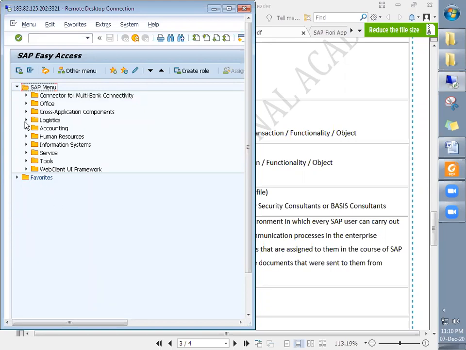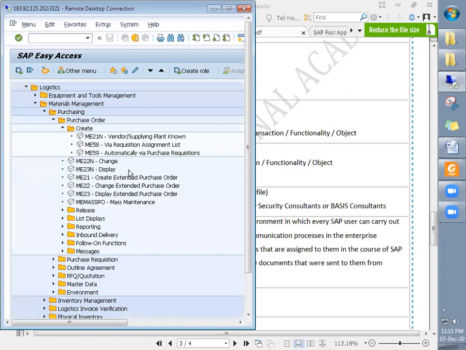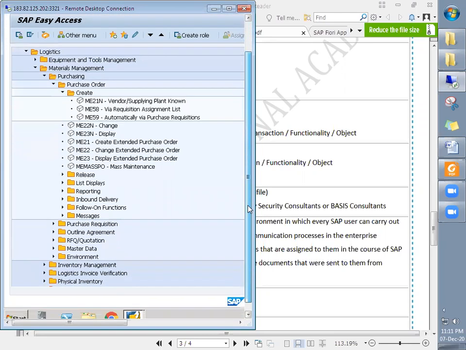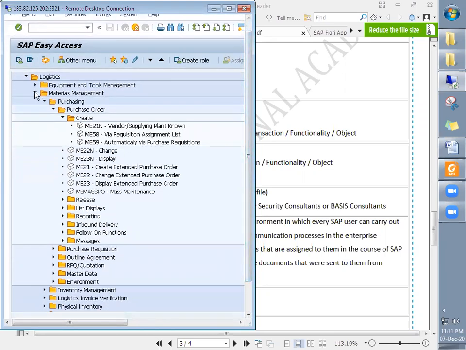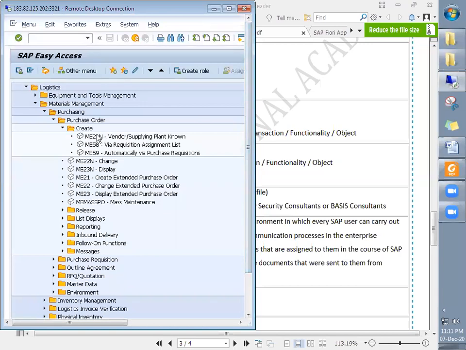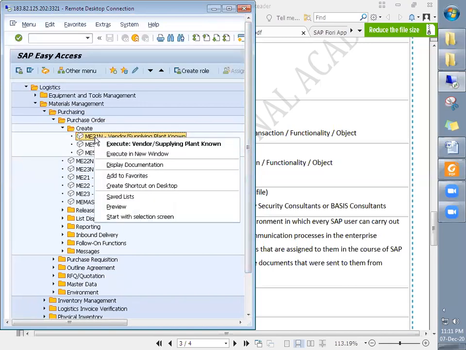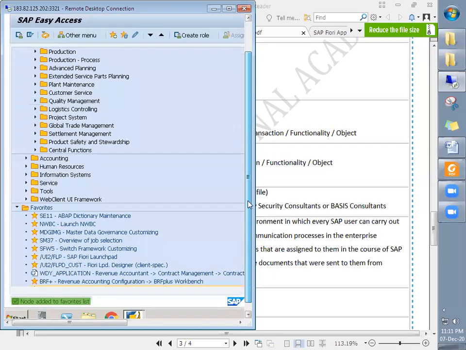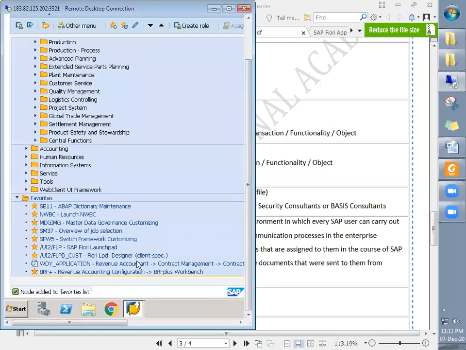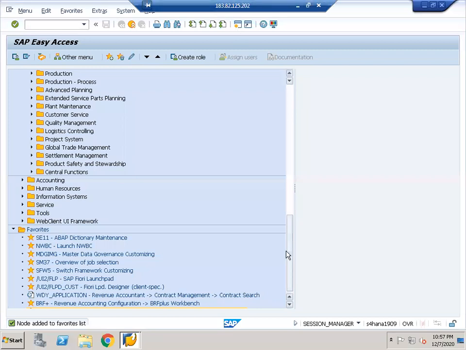For example, let's assume the procurement officer or procurement manager carries out some transactions very frequently. If they want to access them quickly, instead of following this path, they can directly move the transaction to the favorite, like you see, add to favorite, and then it will be added to the favorite and they can easily access it.